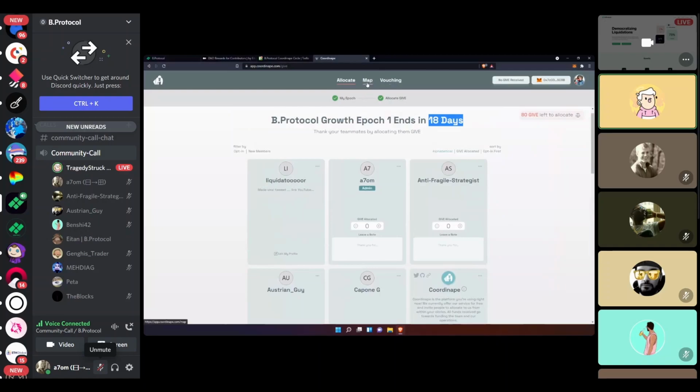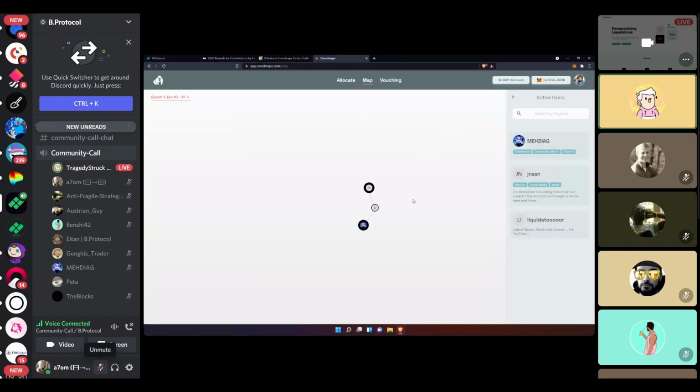And there's also the map. This was empty before I did my allocation because no one has distributed their points yet. But see, this is my demo user, and you can see that I've sent points to these two participants. That's that color, and if you click another one, you can see they received from this participant. So you can get a feel for the flow of points in the network.